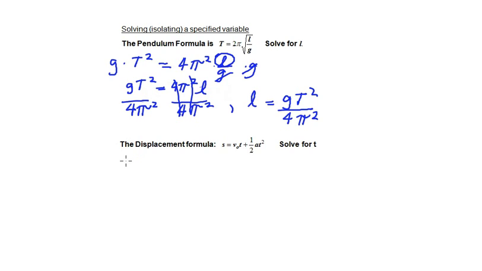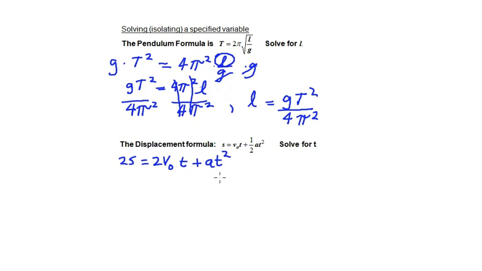This time we have a formula, the displacement formula, that involves not a square root, but a squared. So we have S is equal to v0t plus 1/2 at squared. And in order to isolate the t, this is a second degree or quadratic equation, and so we are going to isolate this by using the quadratic formula. One simple thing that I'm going to do is get rid of the fraction, so I'll multiply everything on the left and right by 2,